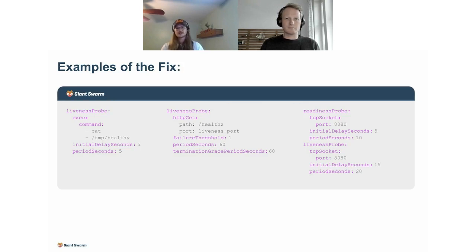I won't spend too much time on this, but I just wanted to demonstrate these are all liveliness probes that you could implement, all different ways to do it. Point being, like we were talking about, there's a lot of really good ways to do stuff in Kubernetes. So look at your business use case, look at what makes sense for your application, and then you can pick. So as you can see here, if we needed a command to check something from a shell, we can just enter the command we need. If we wanted to hit an actual HTTP response, we could use an HTTP response. The last thing, we could just do a simple socket check if we wanted to do that.